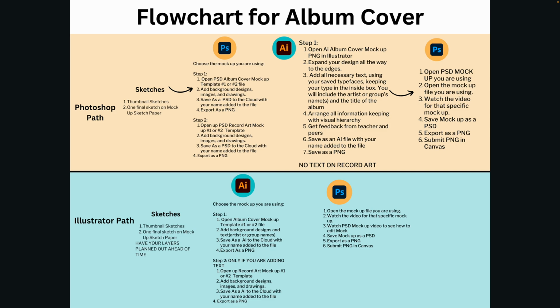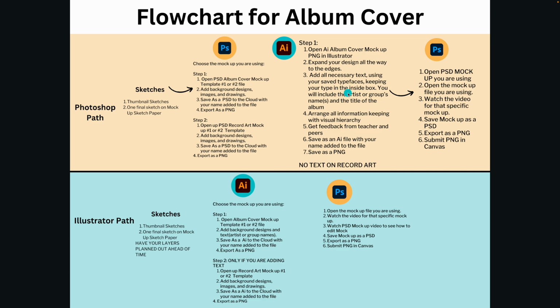Now, you are going to have a separate file that is also going to be a mock-up 1 or 2. It's going to be the record art that's here. That is the circular part of the album, and we're going to go over this in a video that I'm going to make for you, but I just want you to know that you are working on two completely separate files. That's why this project is a little bit more involved. Once you have designed your record art, you are going to save it as a PSD and export it as a PNG. The one you bring into Illustrator, the PNG file, is going to be your album cover mock-up,